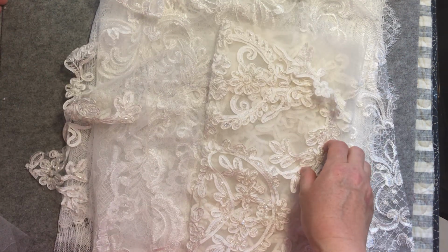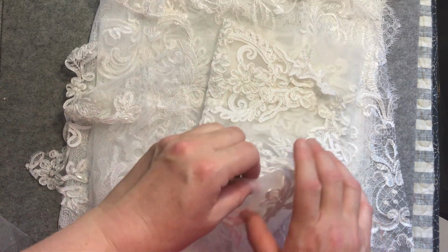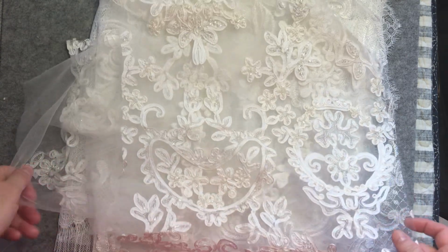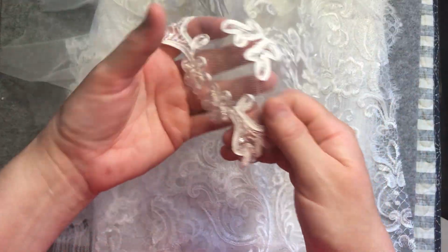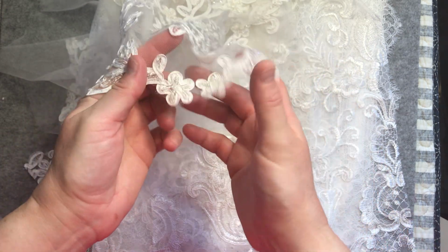Oops, I think I just flicked a little bead off. I'll save that one too. Isn't this lovely? So again, just love these little offcuts, even something at the side that's going to be perfect to add to